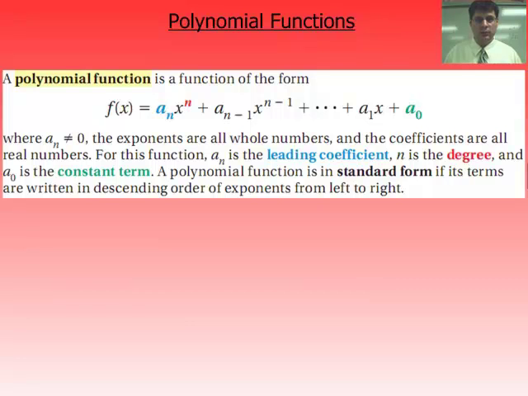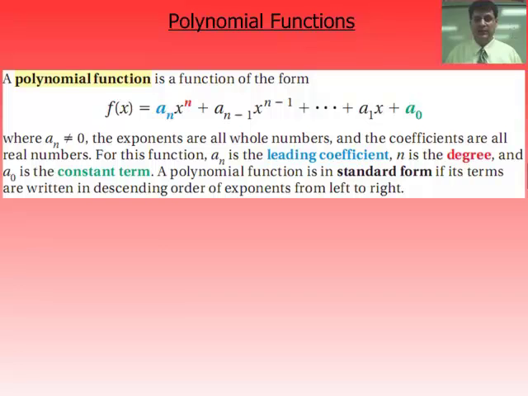In this lesson, we're going to be talking about how to evaluate and graph polynomial functions. But before we do that, we need to know exactly what is a polynomial function. And a polynomial function is in the form of f of x equals a sub n, x to the n,